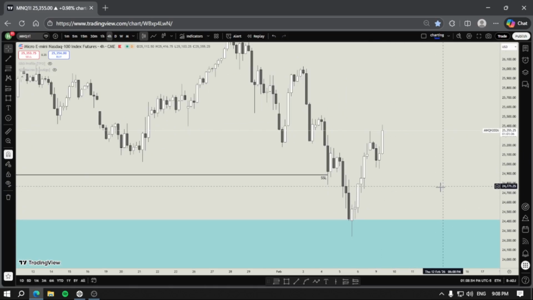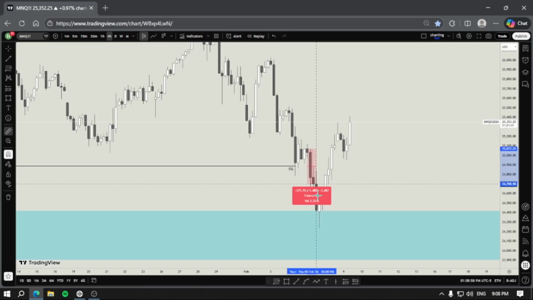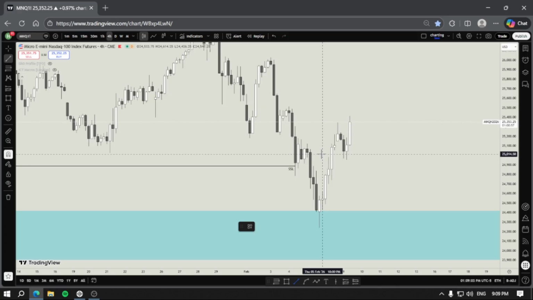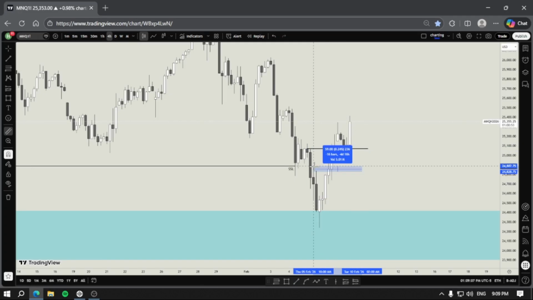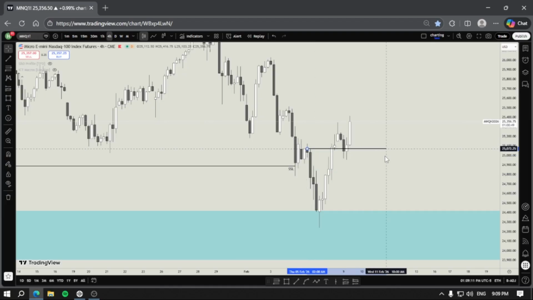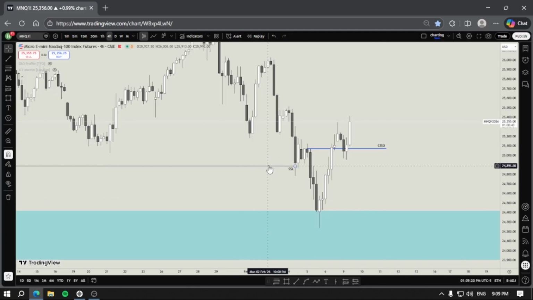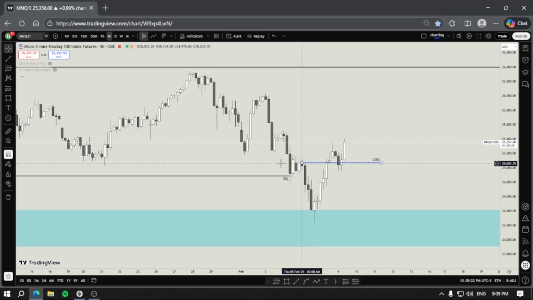When we zoom in, you can see we have this last series of down close candles on 4 hour, and those candles got broken through. Guess what happened? What do we call it? Change in the state. If we break the last series of down close candles after we swept sell side liquidity, this is my change in the state.